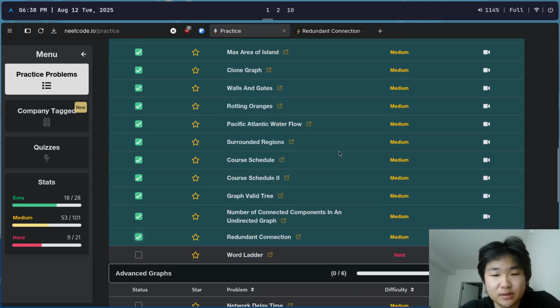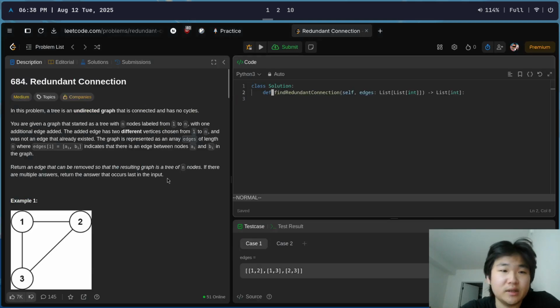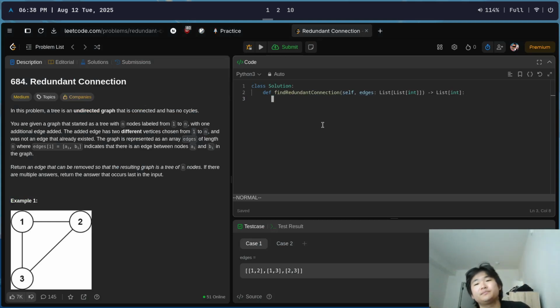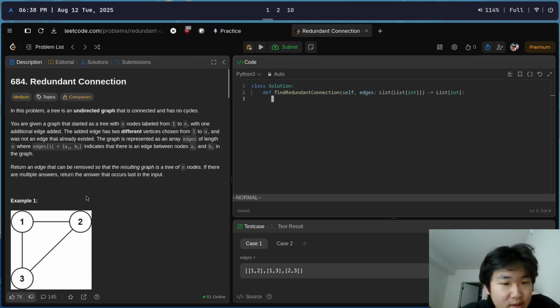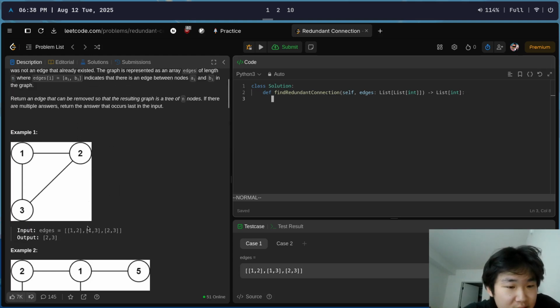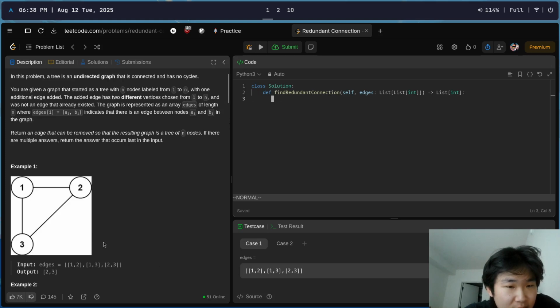Redundant connection. So this is, I'm gonna do it. I know there's a DFS way and a BFS way, but I watched the Union Find approach, and I think it was a good practice to do it. So basically, if I understand this question, it's a bit complicated, but